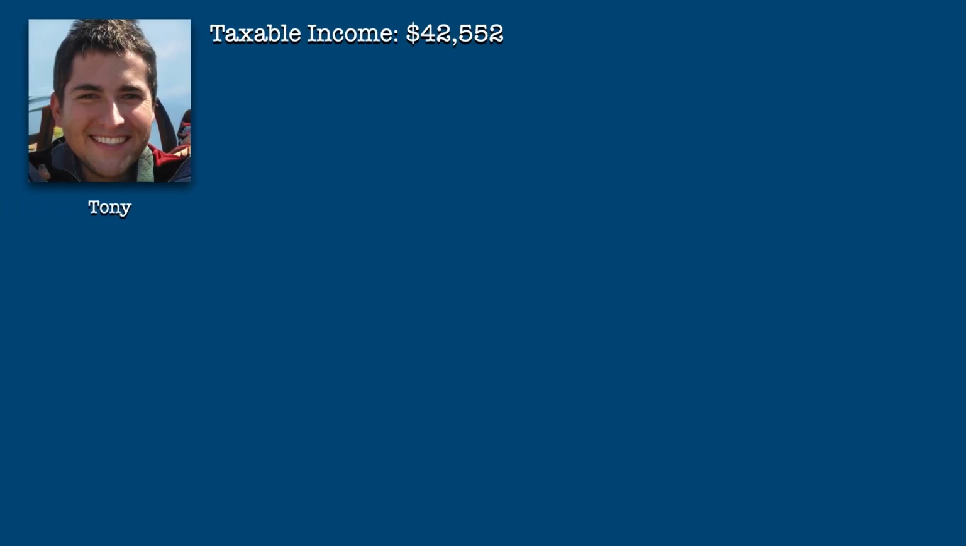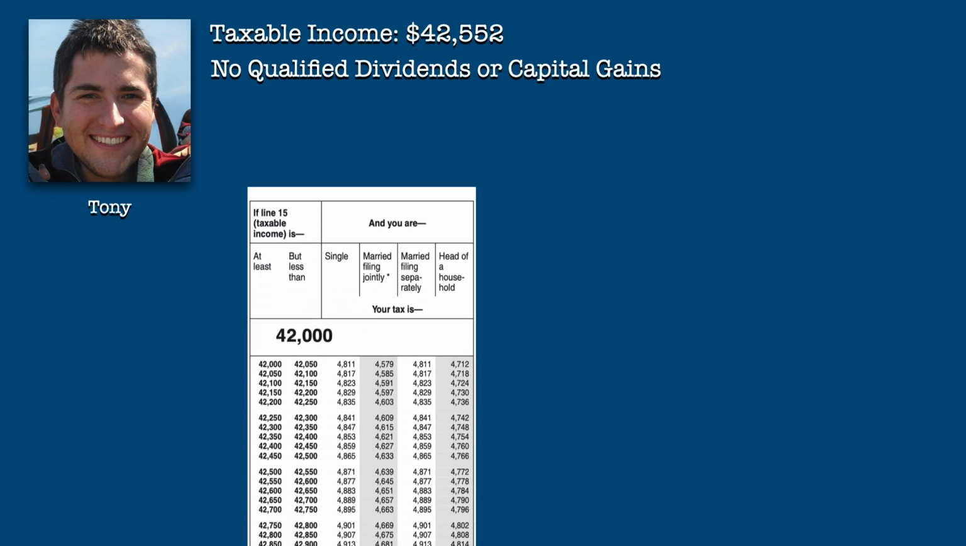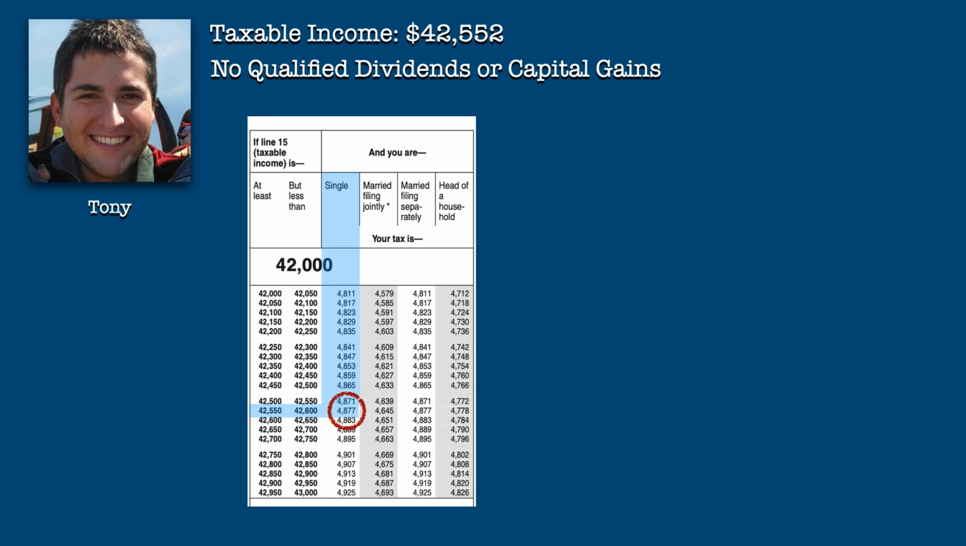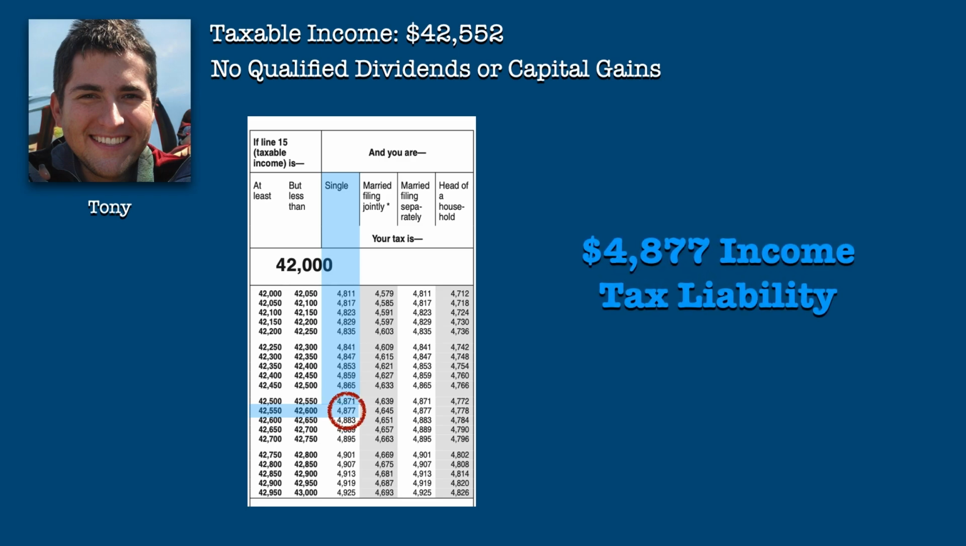3 examples. Tony is single with a taxable income of $42,552 with neither qualified dividends nor capital gains. To determine his income tax, he consults the tax table, and here, where his income intersects with his filing status, gives him an income tax liability of